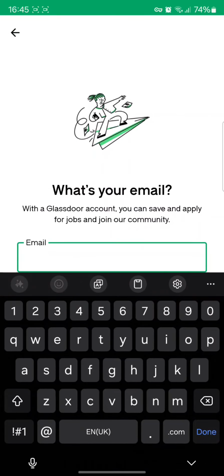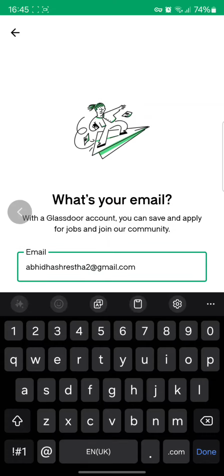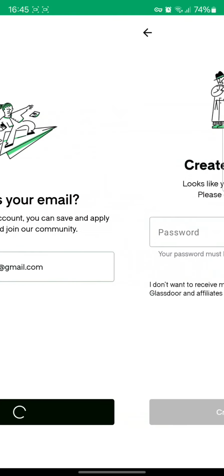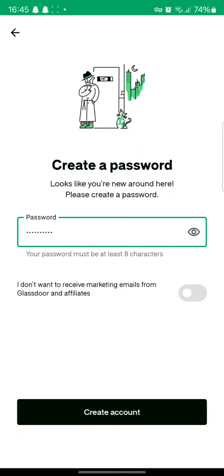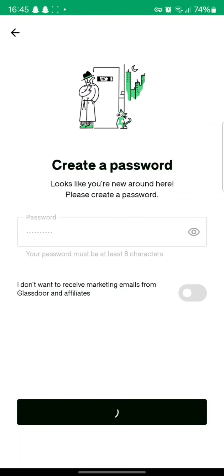Here I have chosen email, so type in your email address, and once you have typed in the email address, hit the what's next button and create a password. So once you have created a password as well, you need to tap on next,